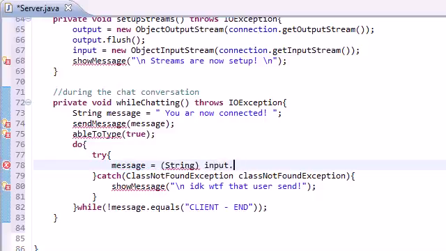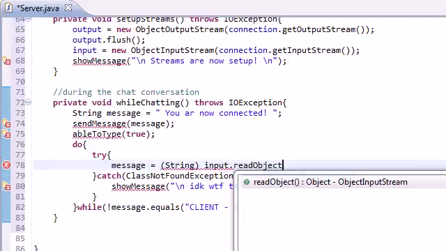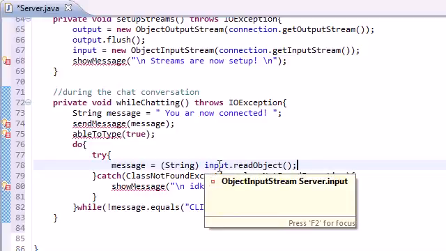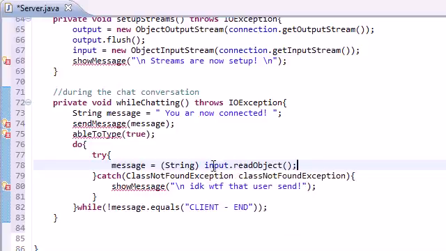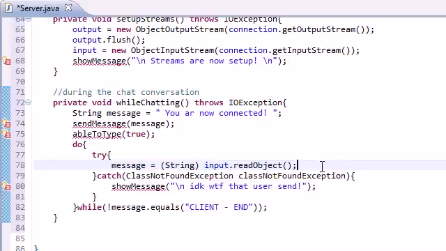Let me go ahead and type this first, and I'll explain it to you guys. input.readObject. There we go, already typed for me. So again, I'll start from the inside and work my way out. The input is the stream or the socket where they can send stuff to us, where we have things coming in. The things I'm talking about are the messages that they typed. So an